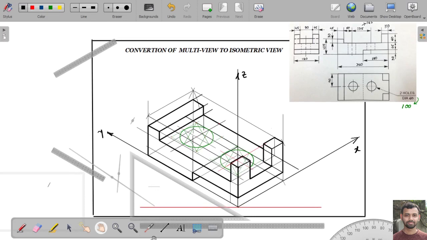Okay. So to put the dimensions, so from this point,